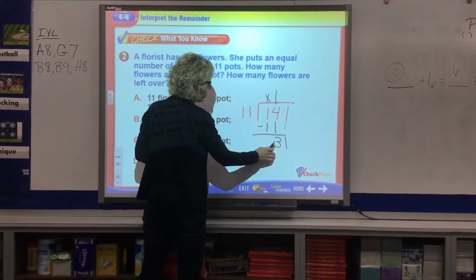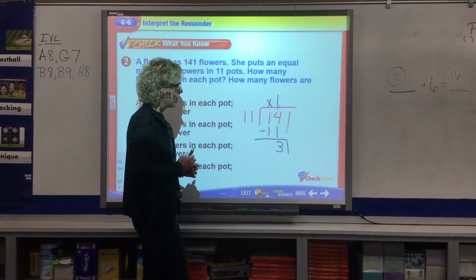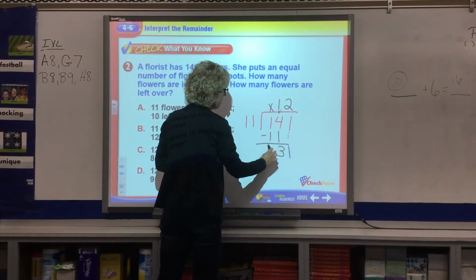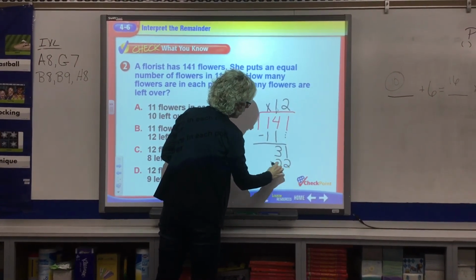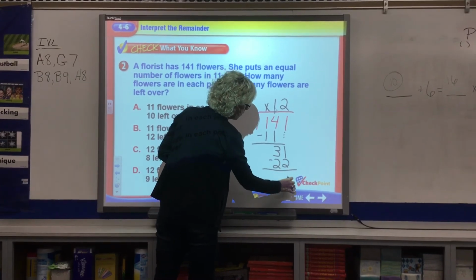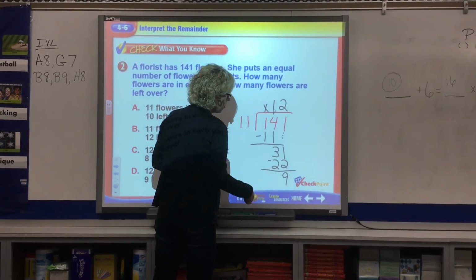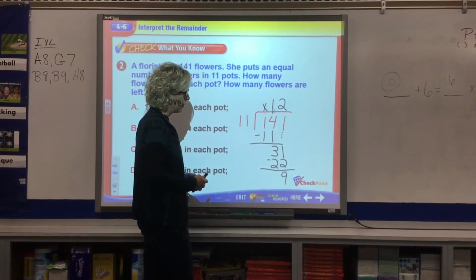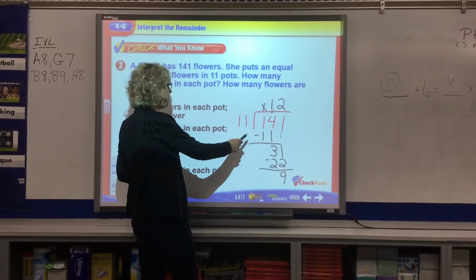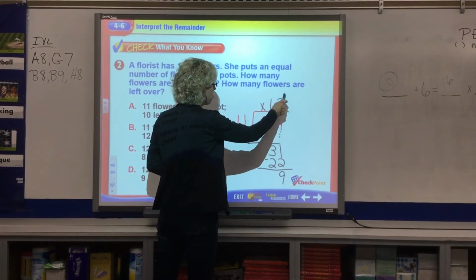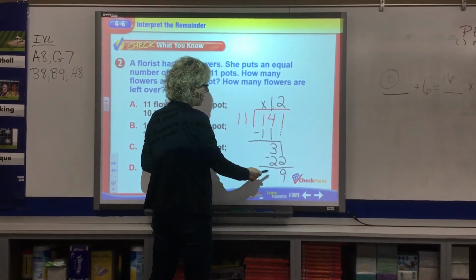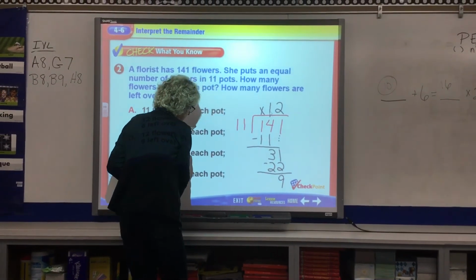Does 11 go into 31? We know it does. We know it goes in there 2 times because 2 times 11 is 22. You subtract and you get a difference of 9. You could regroup if you wanted to, or if you just know the difference between 31 and 22 is 9. Okay? So, we have 12 pots that are full with 11 flowers, and then we have these 9 flowers